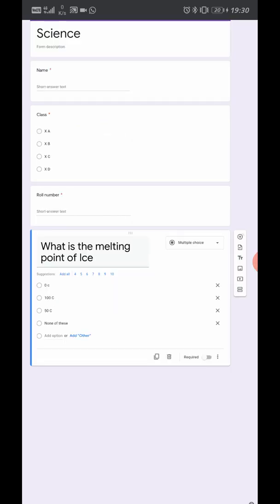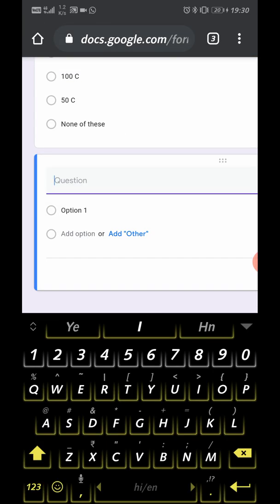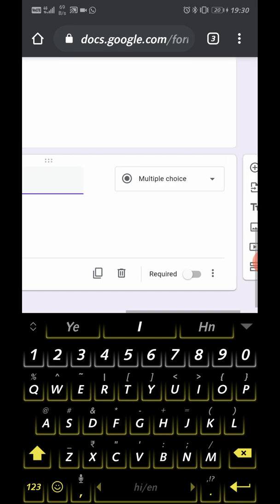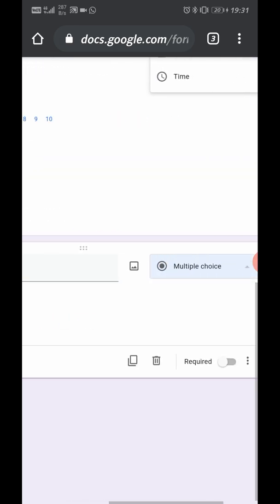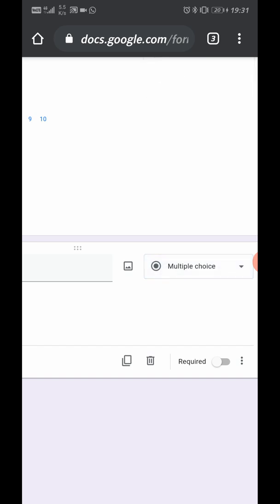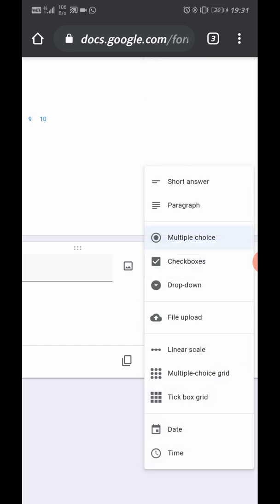If we want to add a fill up, press plus, add next question. Because we are asking a fill up answer, we'll choose again short answer.